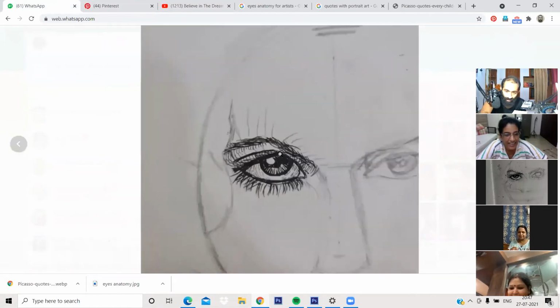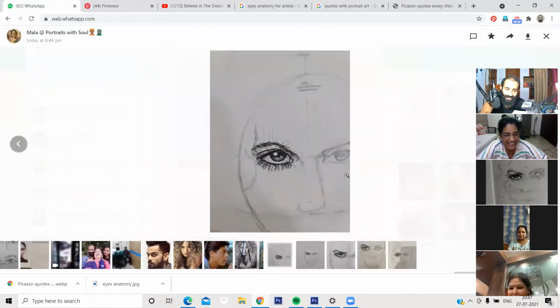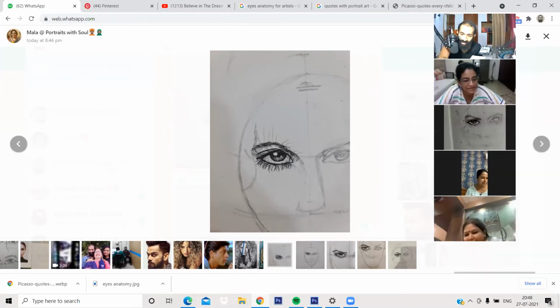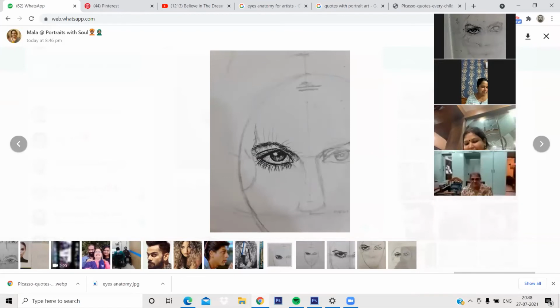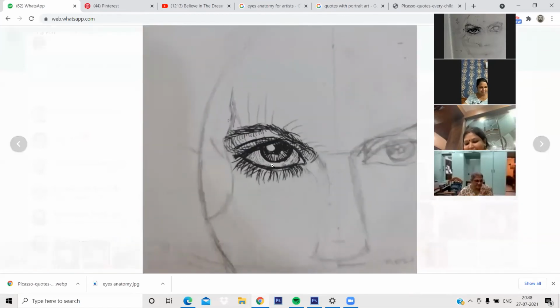I like Malanti's work here. Very nice. The face also has a resemblance. See, the portrait, this face, exact structure isn't right, and that's okay. We'll cover it in the later weeks, and of course, it requires practice. For most, I think it is your first portrait. Isn't that the case? It's very nice work for the first portrait.